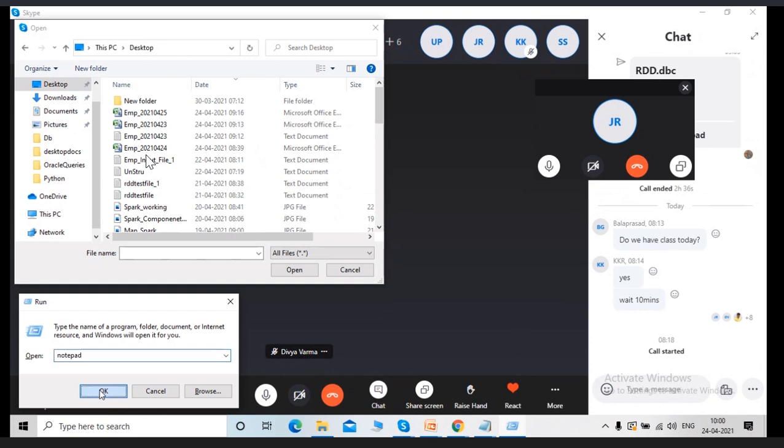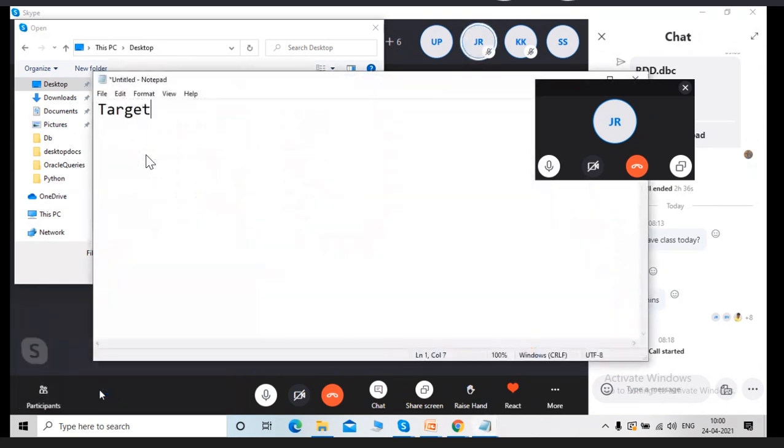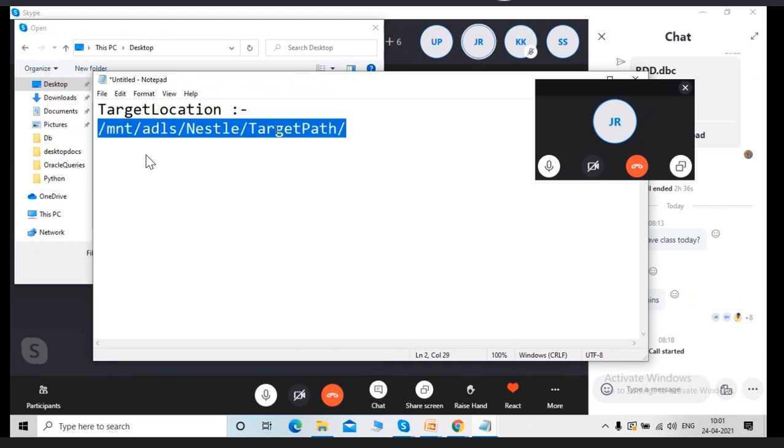Your target location, is it always constant or not? For example, /mnt ADLS. Target path, I always want to write the data into this location. My location is constant.